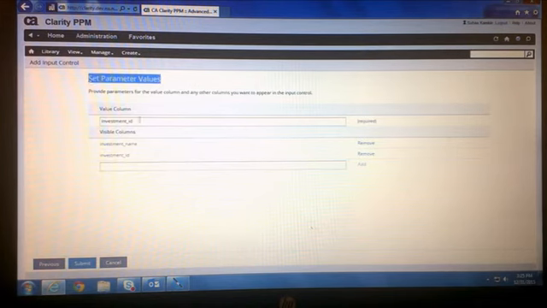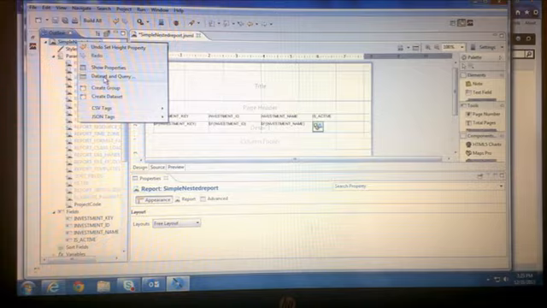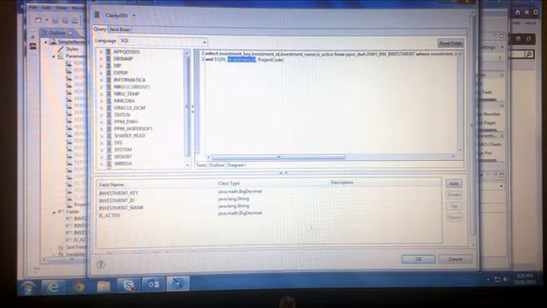Here the ID, investment ID, should be matching with your data set query. If you look at this one, it is investment underscore ID, which is part of this select clause. And now X in $X has various options. It has X in, X not in, and many other options.